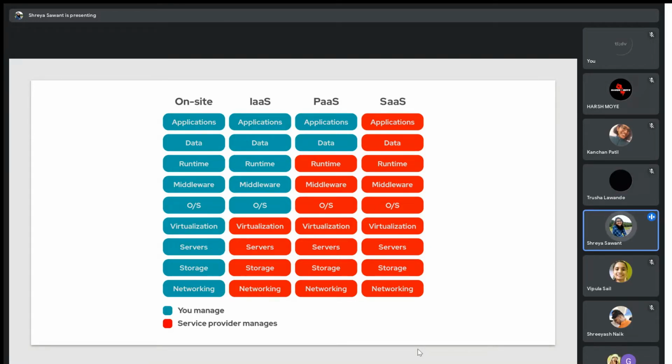Next, we have PaaS, which is platform as a service. Under that, your applications and data are managed by you, but the rest, like hardware, infrastructure, and platform, is provided by the service providers. And in the end, we have SaaS, which is software as a service, where everything from applications to networking is managed by the cloud service providers.